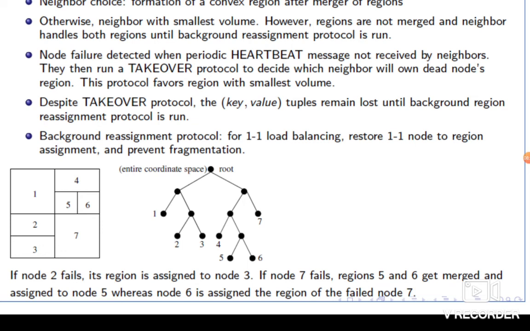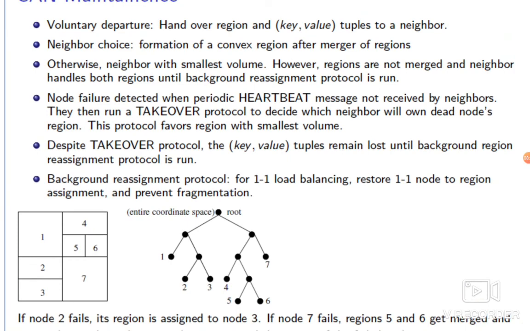Like that, you can use load balancing and a reassignment protocol